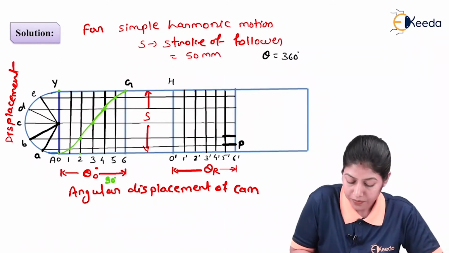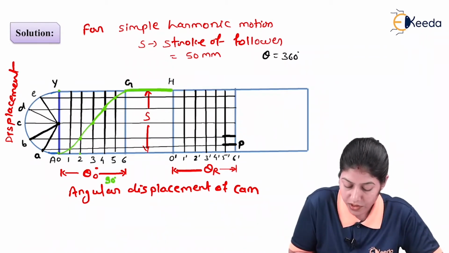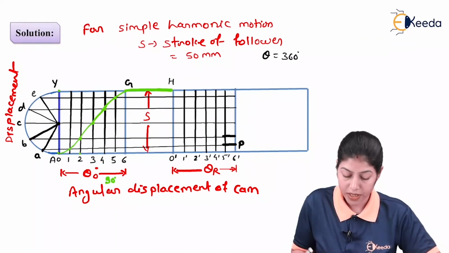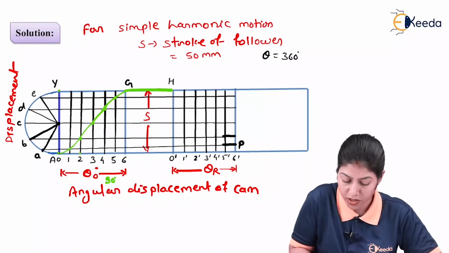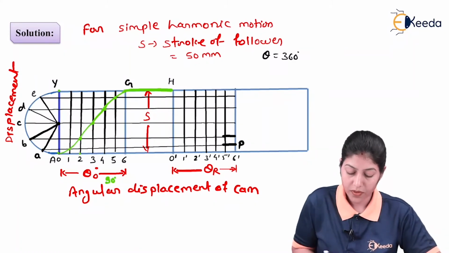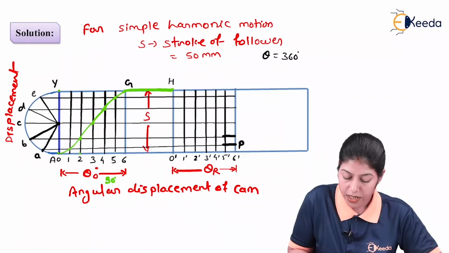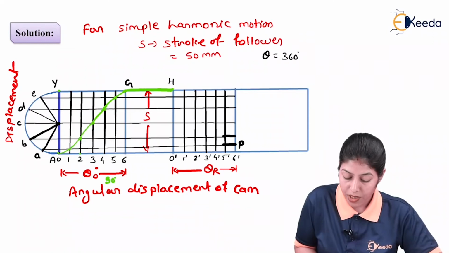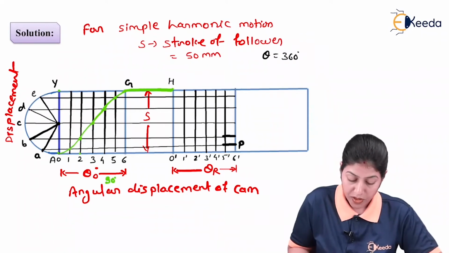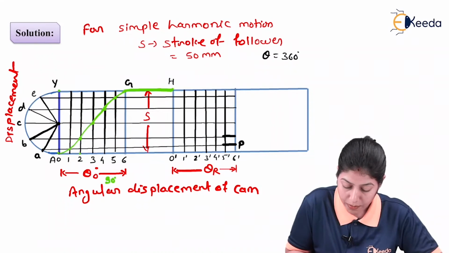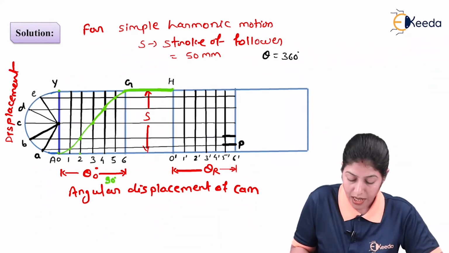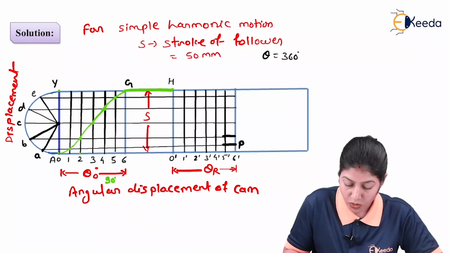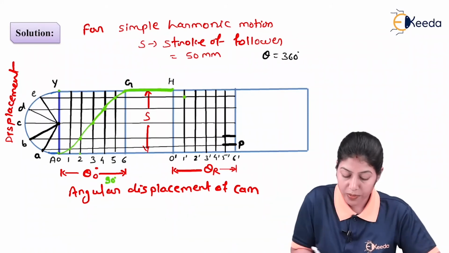Now after that, G to H we have as the dwell period, so it will be a straight line only, or in the form of a curve. Now this H point we are considering as the starting point of the return stroke. So from this particular point, we will mark all other points in the return stroke. So from point E, we will mark the horizontal line which is passing through point E and the line which is passing through point 1. So this will be our intersection point.